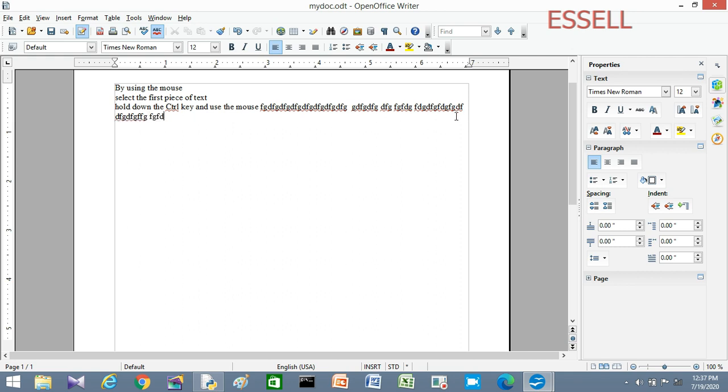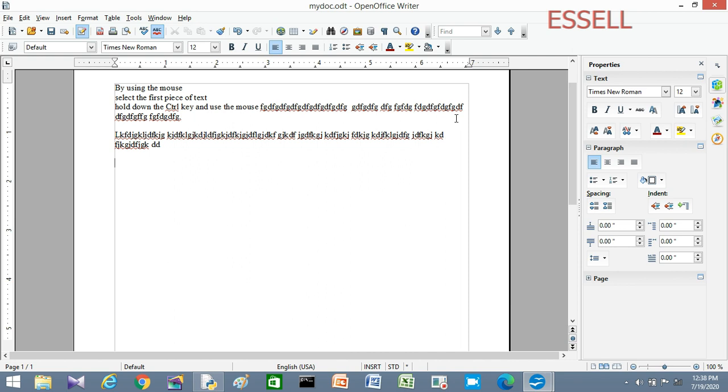If you complete that sentence and want to create one more paragraph, we can press the enter key. The enter key is used for creating the next paragraph. Again we type whatever we need and press enter, and this is the next paragraph. Okay. Therefore this is editing a document.